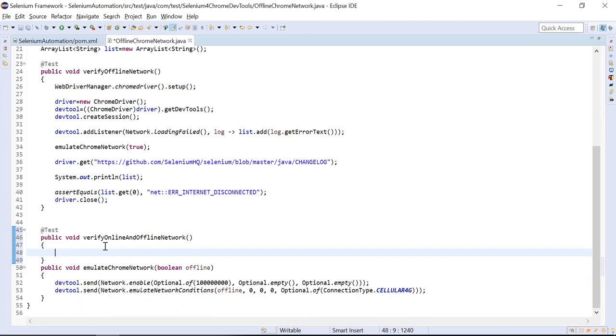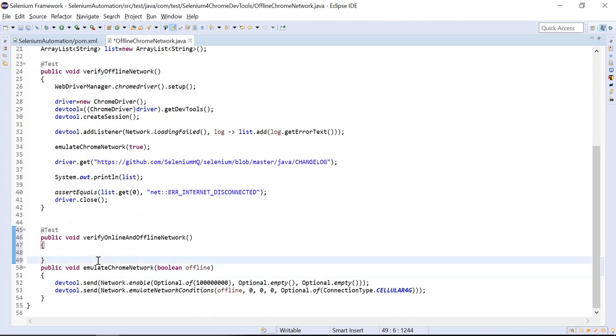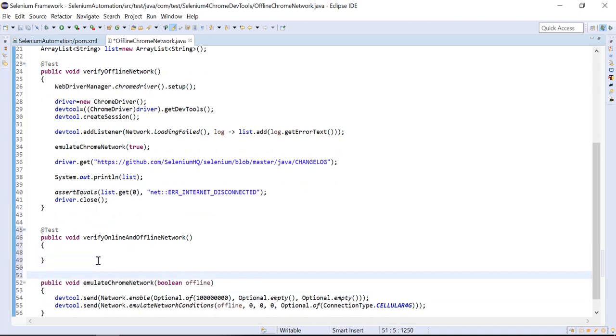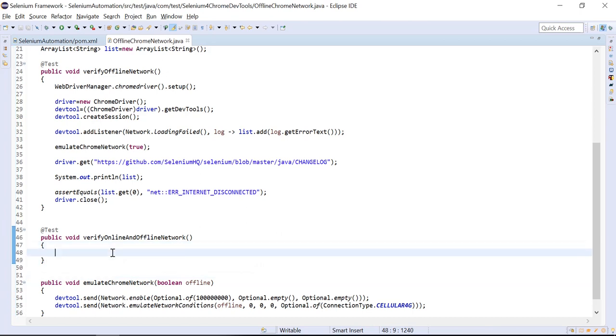So what I'm going to achieve, I'm going to verify when network is on, then what is the behavior, and when network is off, and what is the behavior, and how can we assert online and offline network.